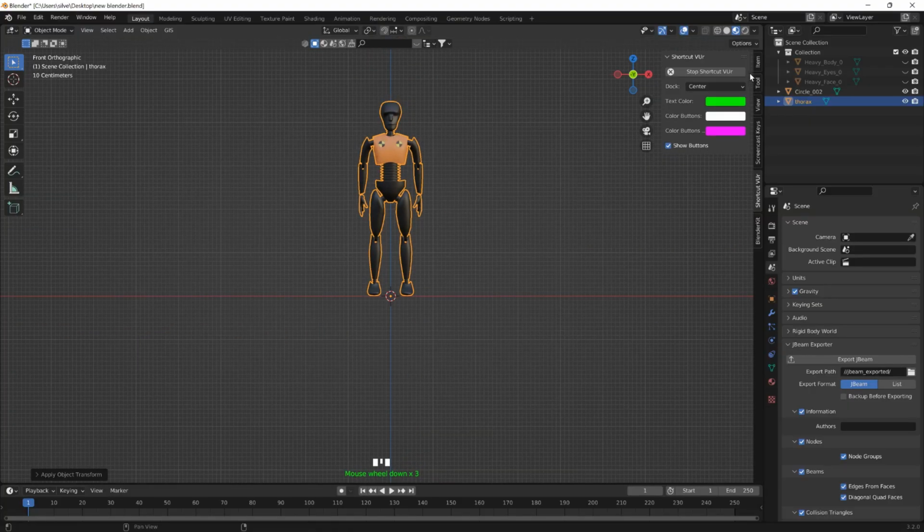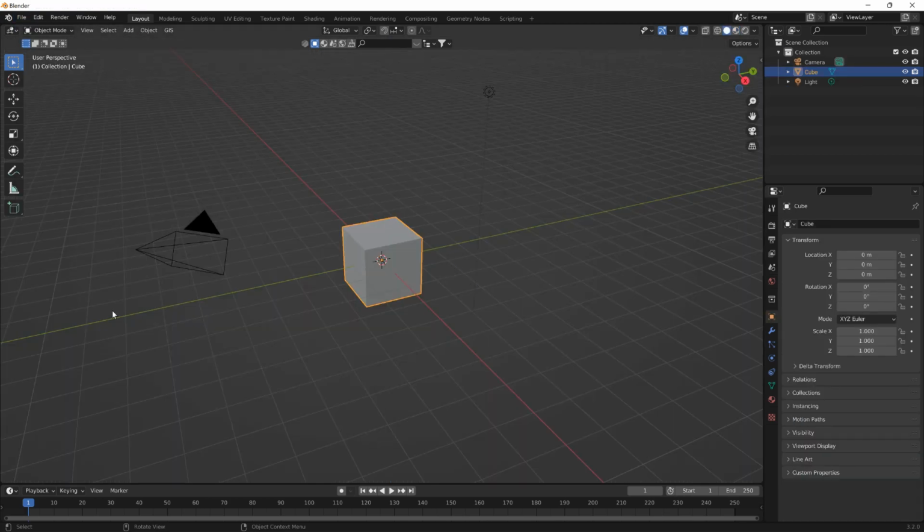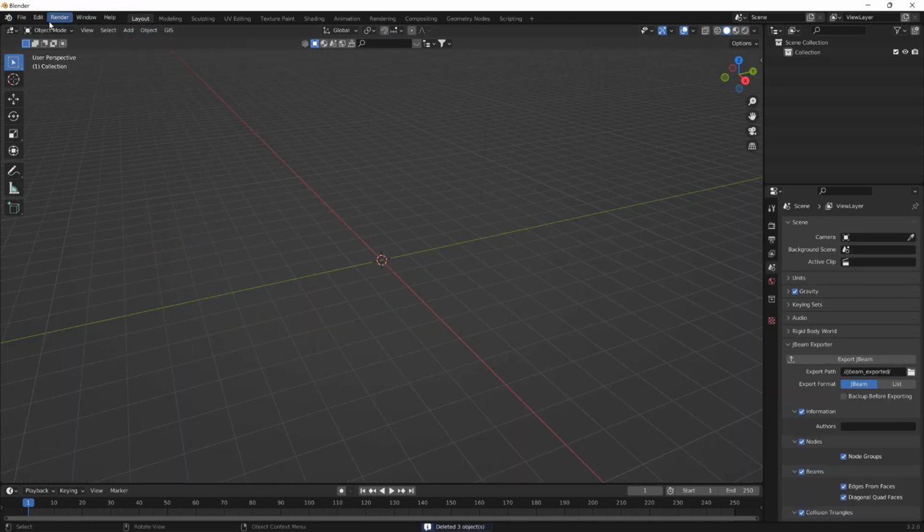I'm going to re-import in the DAE, but I'm going to start a new file. You're about to see why. It'll make sense in a second. New general. No, don't save. Get rid of this. We don't need that. Import